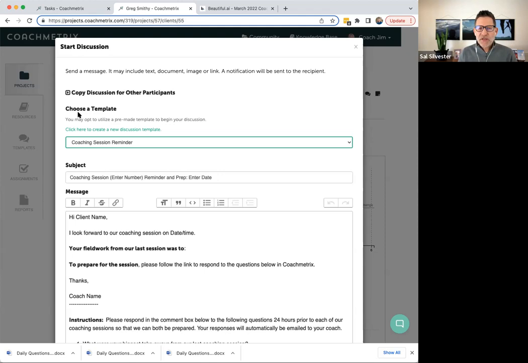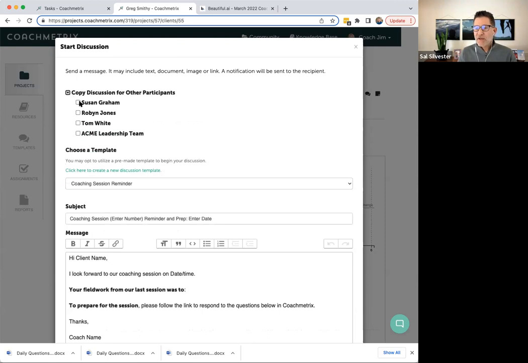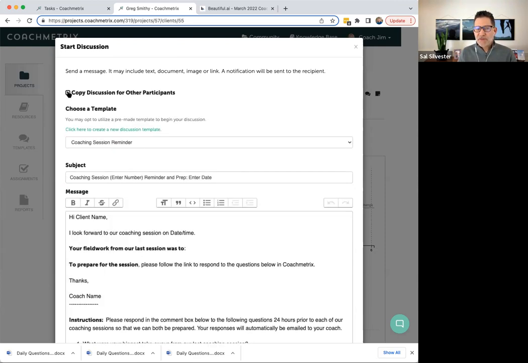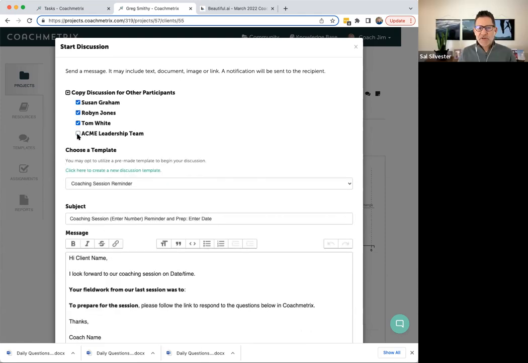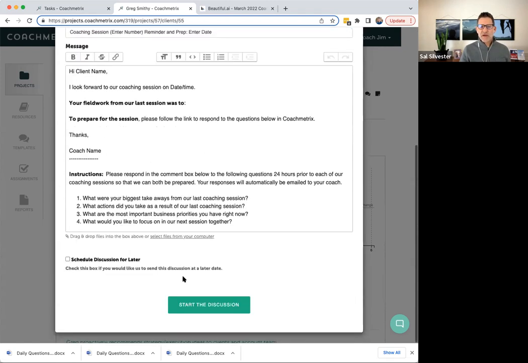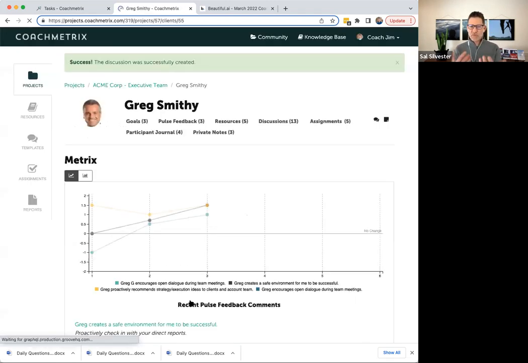You also can send the same discussion message out to multiple people that are on the project. There's a drop-down box above the template drop-down, and you can choose if you want this message to go out to other people on your project. So let's say you've got a cohort of people in a leadership development program, and you're sending a pre-message before a workshop.